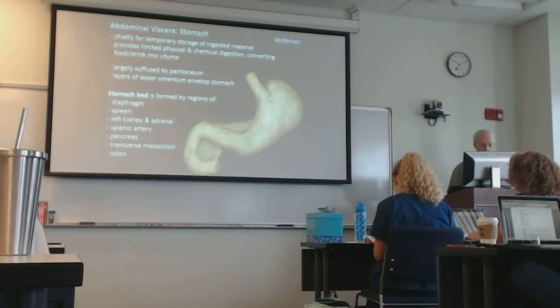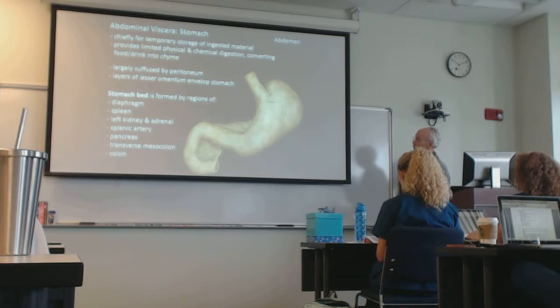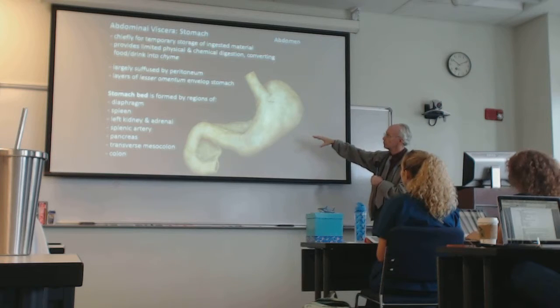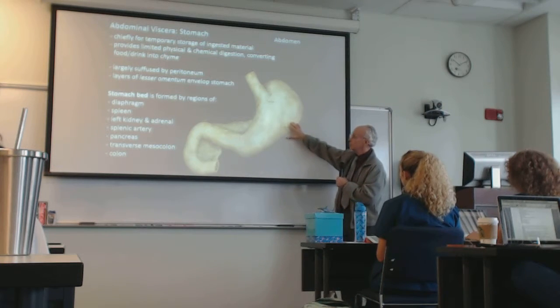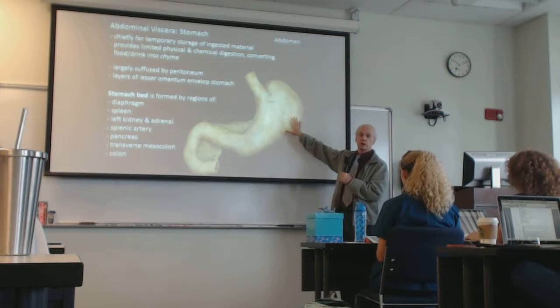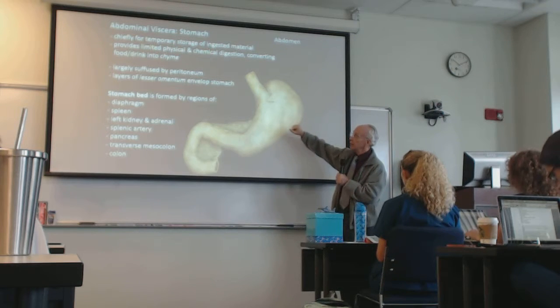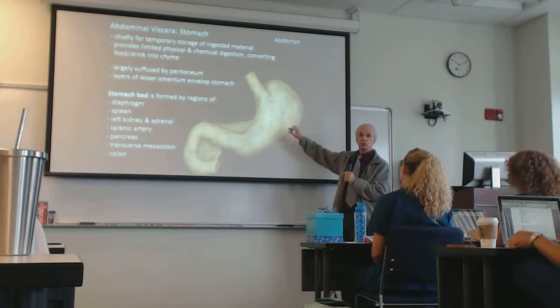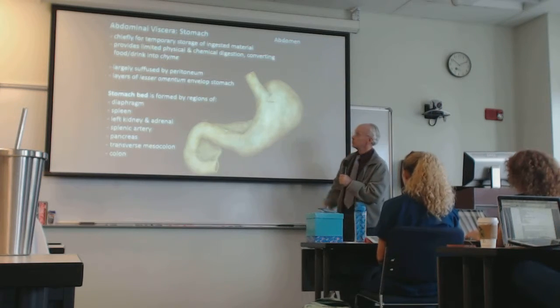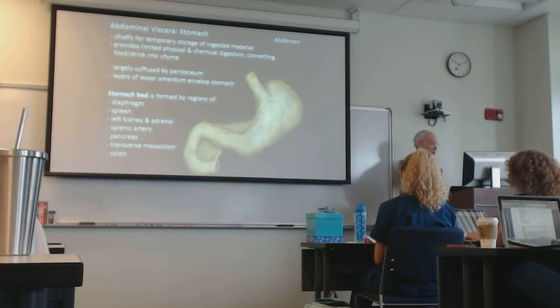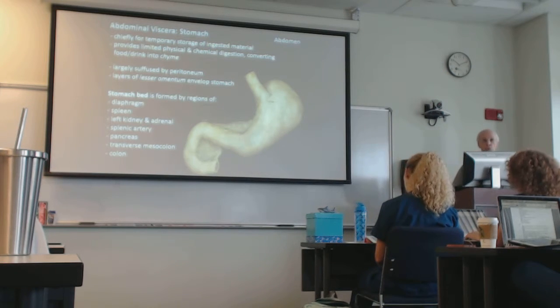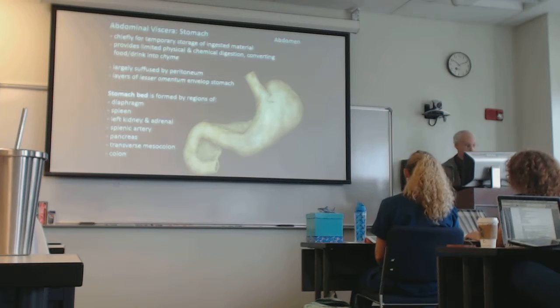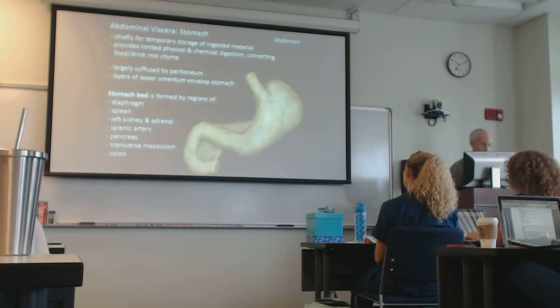So with respect to the general functions for anatomical purposes, the stomach is chiefly a storage tank. Ingesta, which is taken into the mouth, into the buccal cavity, passing through the esophagus, is delivered to the stomach. We then have a special name for that stuff in the stomach. It's now called chyme, C-H-Y-M-E. So whatever food you ate, whatever stuff you drank and mixed together, by the time it gets to the stomach, we just put it all together and call it chyme. So in both courses, chyme is the ingested food that's taken into the GI tract once it enters the